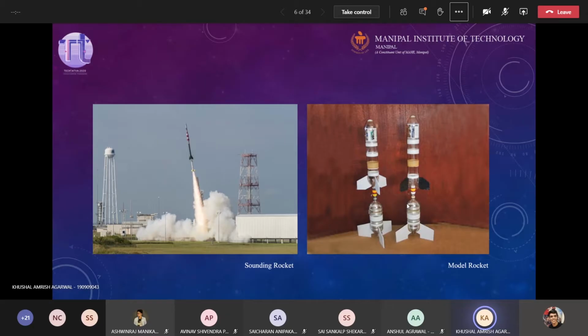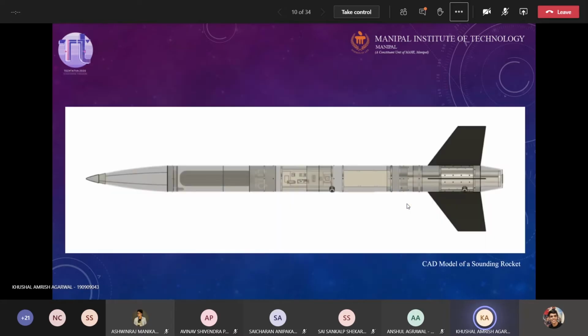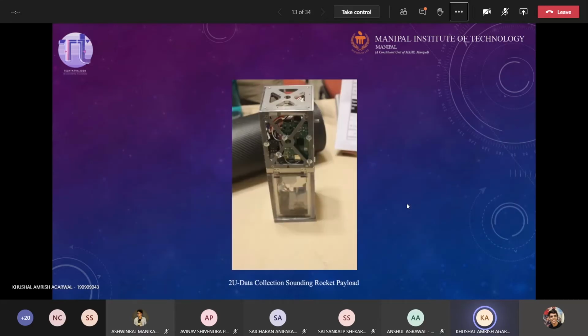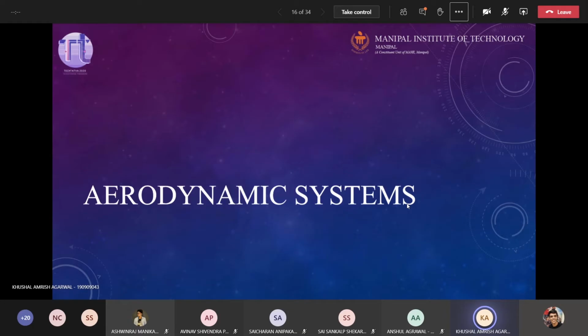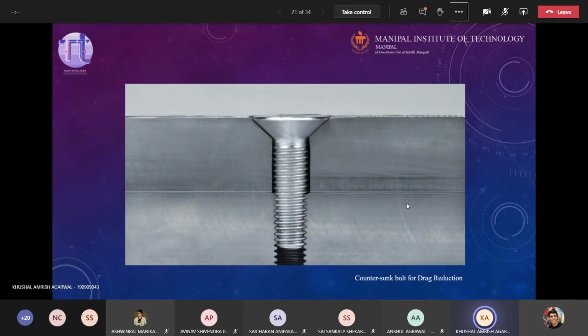Next up was moving on to the software, about which this workshop is all about. And then we moved on to some of the basic internal and external components of the rocket. And next up was the payload, which was explained in detail by Anshul. And then the aerodynamic subsystems were done yesterday, and we ended with the avionics subsystem yesterday.